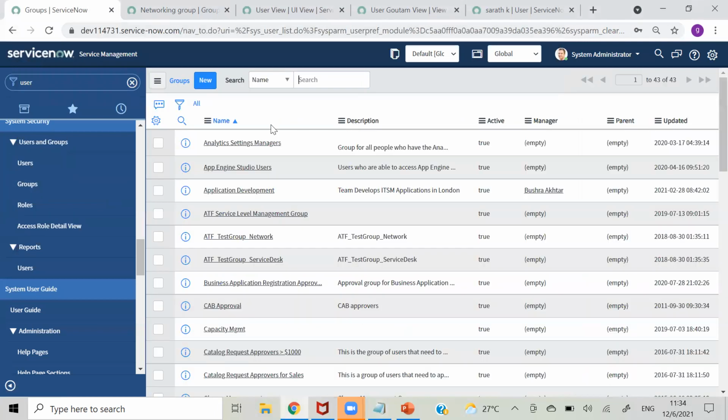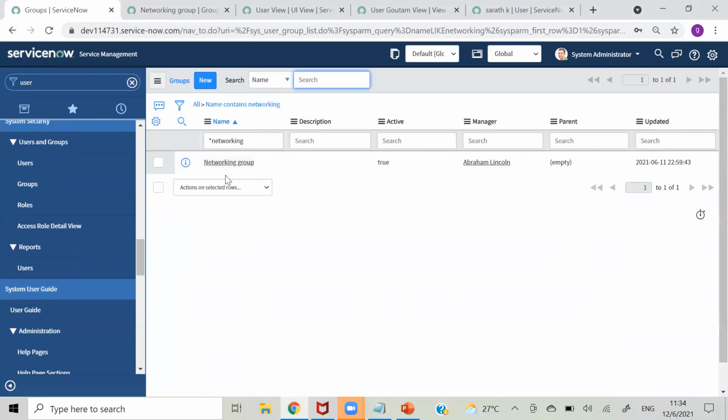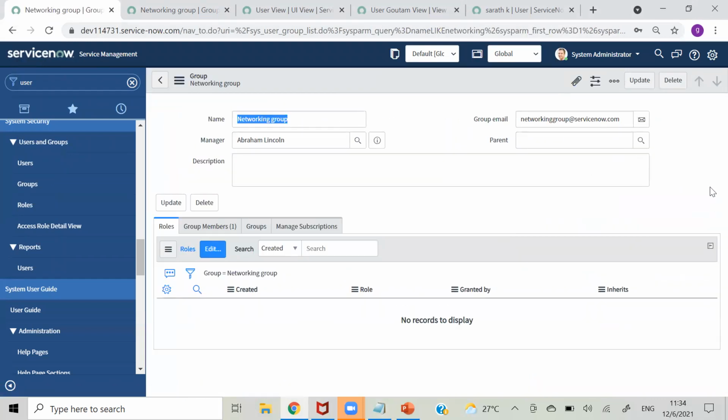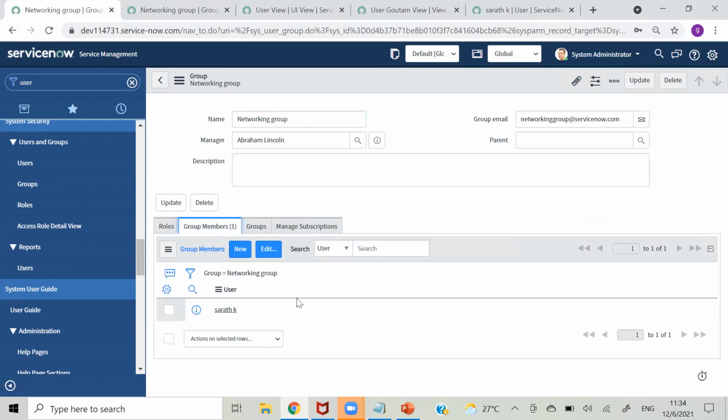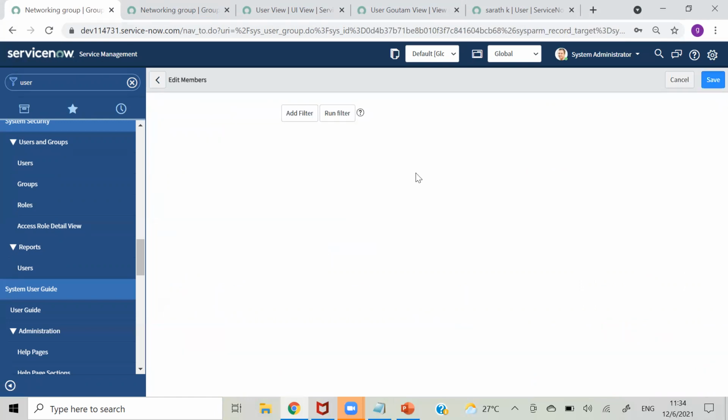So let's go to our group networking. And for example, in real time we will have 100 members under this group, right? So we can't go individually and give roles to those people. So we add them in groups, and we will add the role from here.